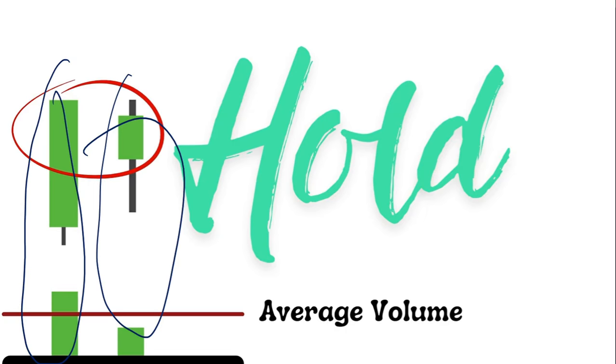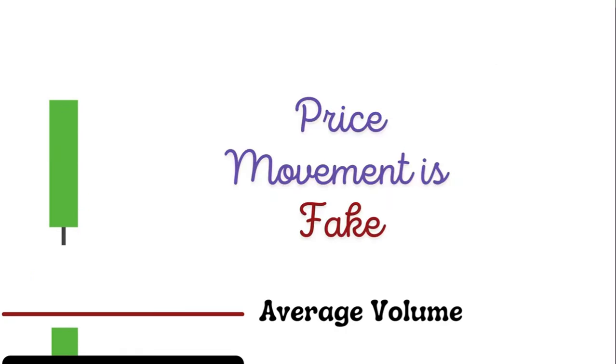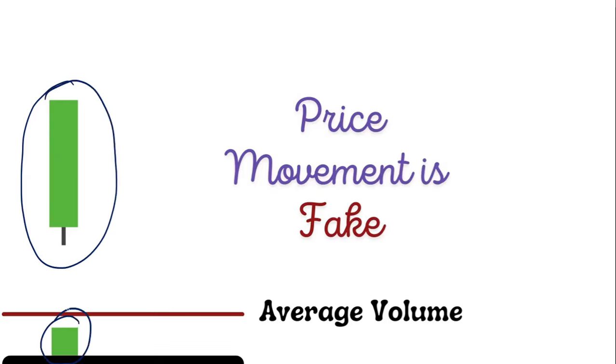Now let's look at non-genuine trends. What are non-genuine trends, or traps? Widespread candle with low volume. Just see, this is a widespread candle with low volume, meaning your volume is below average volume. This is volume, isn't it? What type of volume is it? Low volume, isn't it? This is a widespread candle